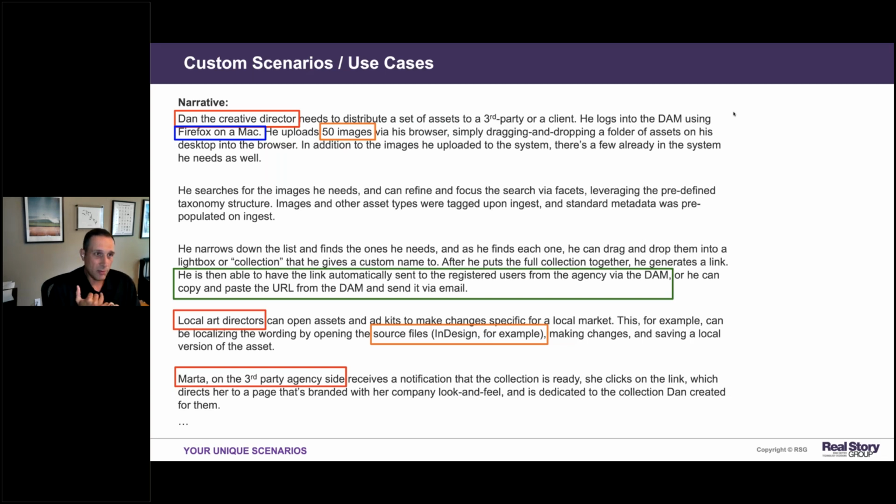So use real actors or personas. Use real environments. What kind of interfaces are people interacting with this new system on? Is it on a Mac, on a device, on a tablet, or a phone, or who knows what the medium is? And then start to describe your content types and your processes, and the way you think you're going to want people to work in that future, and describe it in a way that tells that story and communicates to the vendors who are going to receive this as part of the RFP what it is you're trying to do.